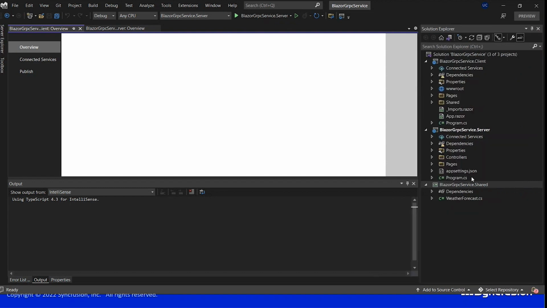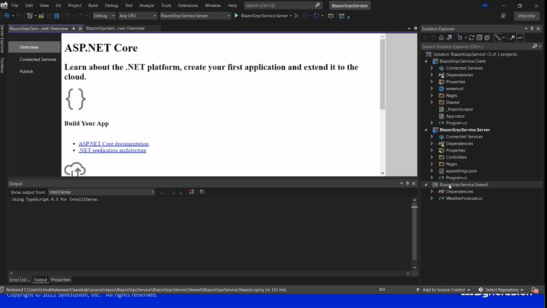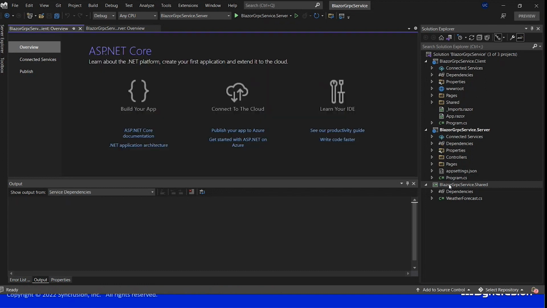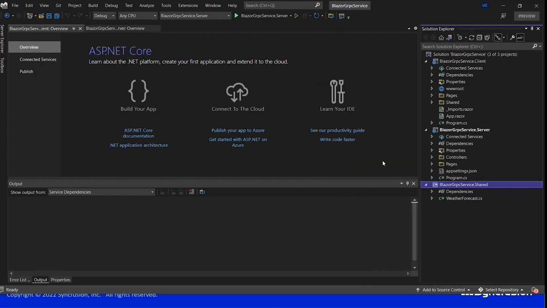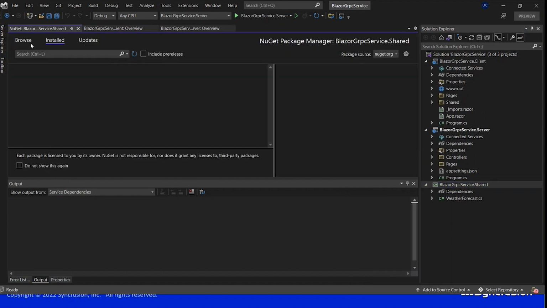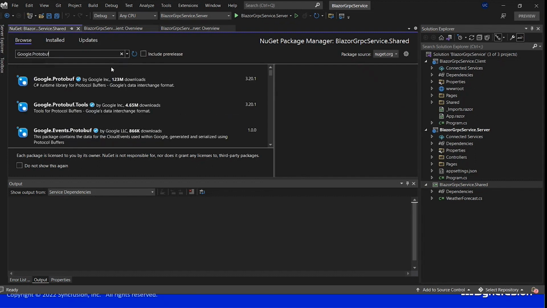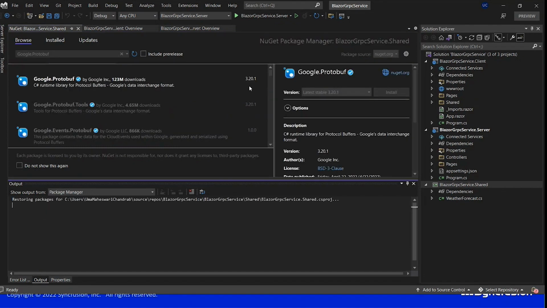Okay, so now we have three projects: shared, server, and client. Let's start with installing the packages first. To the shared project, I just open the Manage NuGet Packages, and here I need to import the Google Protobuf package,